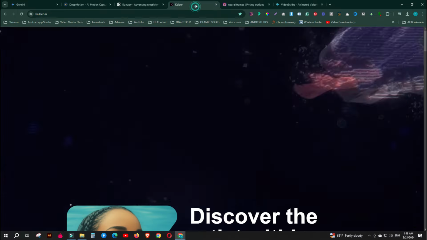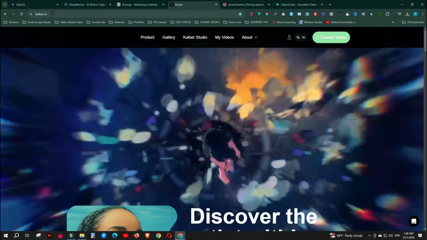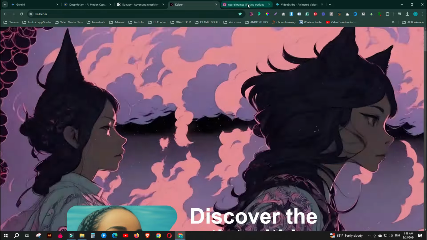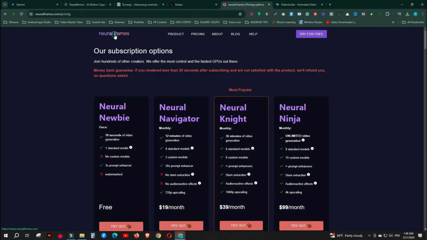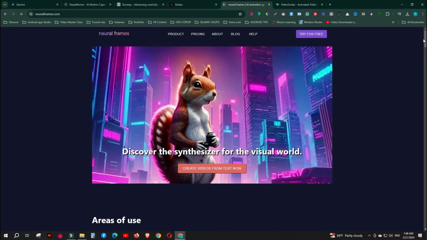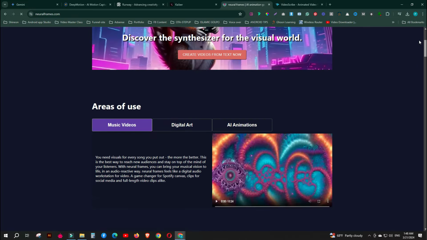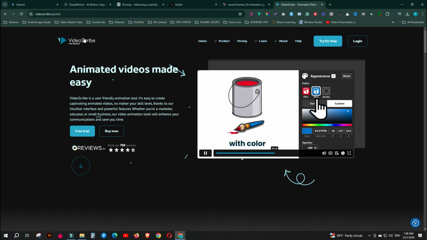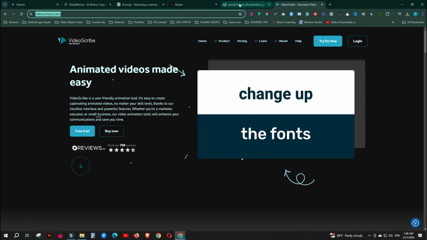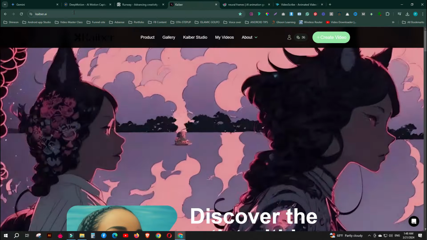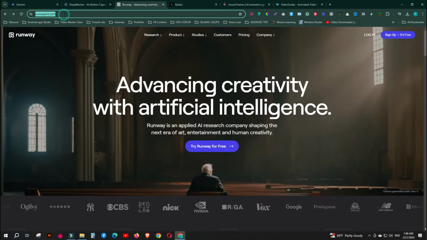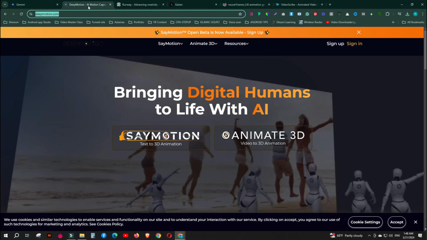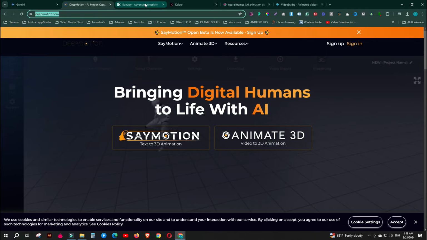Today we're taking a deep dive into the incredible world of AI animation tools. The world of AI animation is booming, offering exciting ways to transform ideas into visuals. Here are 5 top contenders that can handle text, image, and video to animation conversions, each with distinct strengths and limitations. These powerful programs are revolutionizing how we create videos, allowing anyone to transform text, images, and even existing videos